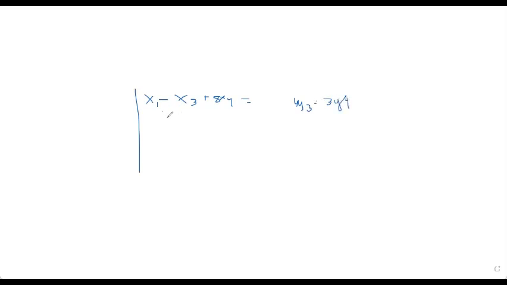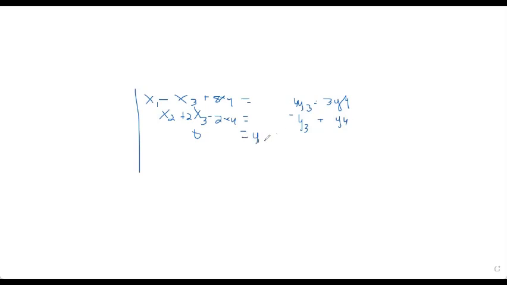And you've got x2 plus 2x3 minus 2x4, which equals negative y3 plus y4. And then finally, you've got 0 equals